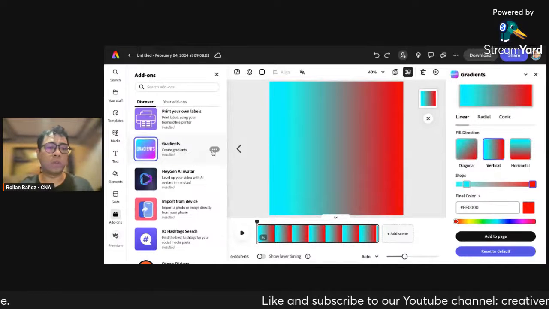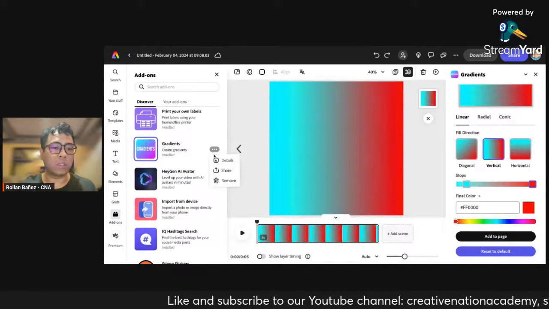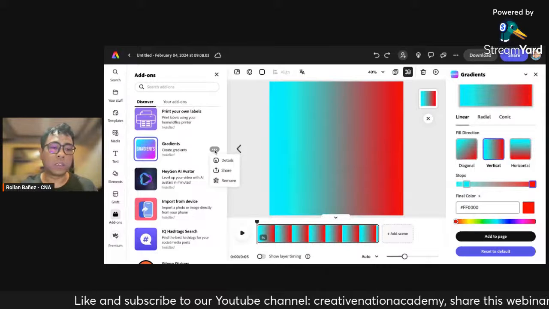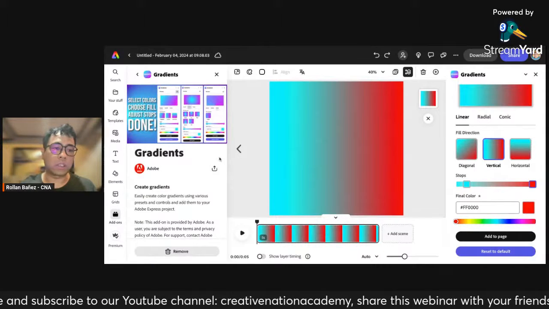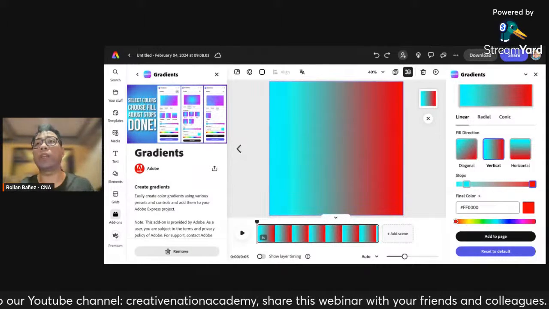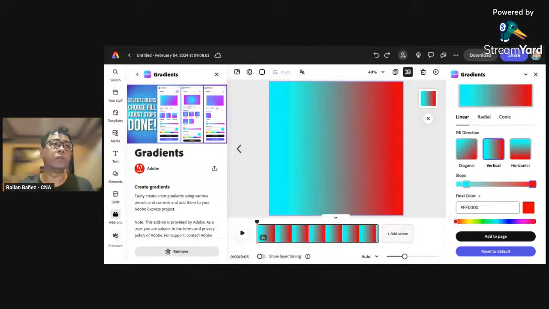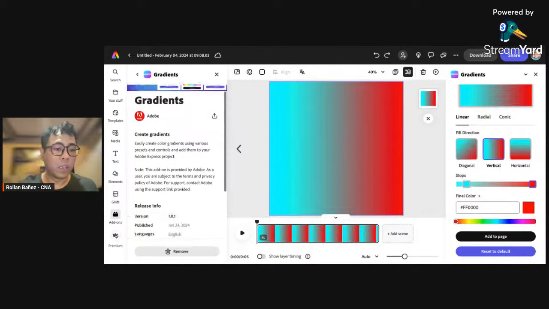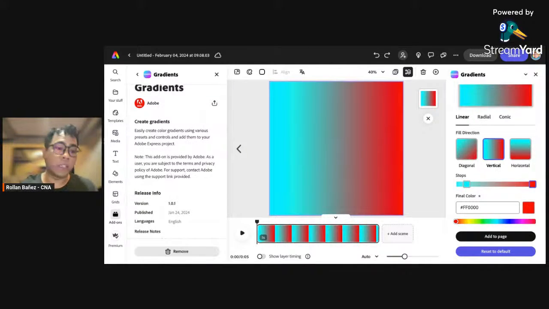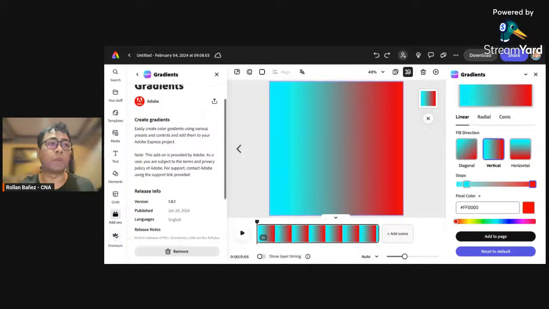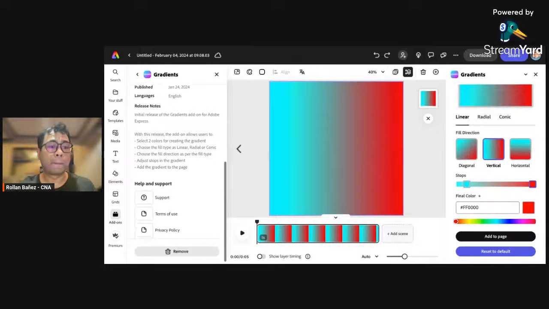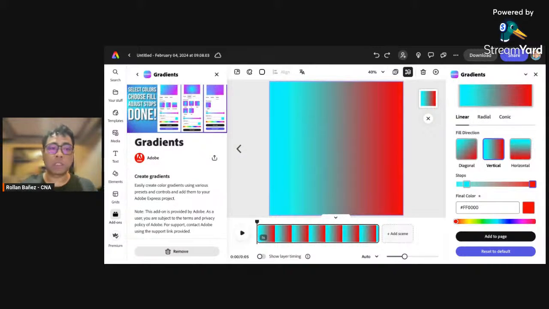So I just want to know who created this add-on. Let's click on the triple dots. Let's click on details. And again, this one is also created by Adobe as an add-on for you to enhance what you use inside of Adobe Express. Okay, so this one is fairly new, which is just published around January 24. Okay, so that's gradients inside of